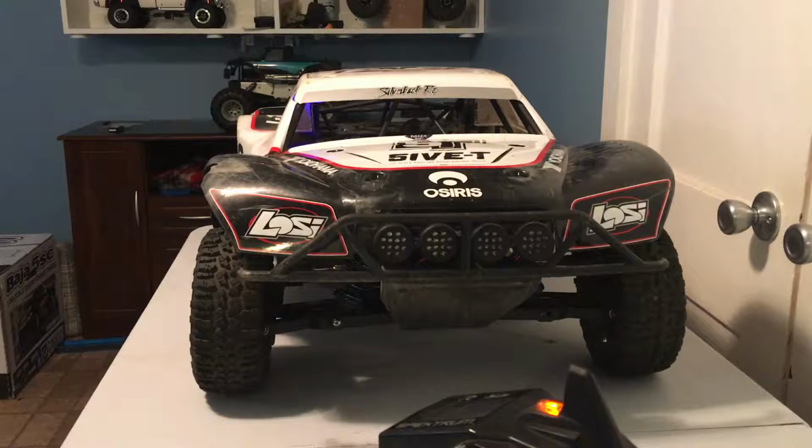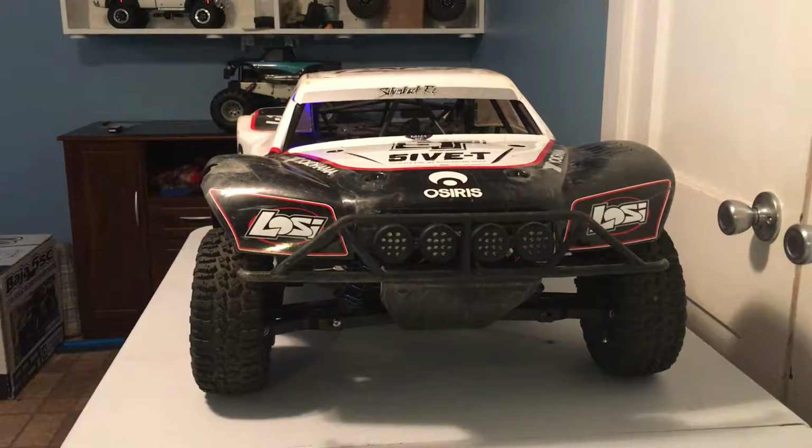Now, if you have a Spektrum DX3S that came with most of these trucks with the 3300T receiver, i.e. the original Losi XXL Nitro powered, obviously the 10T, and I'm honestly not too sure what other vehicles Losi put out with the 3300T as stock. I know there's a couple others, I just don't know off the top of my head. So, with that said, if you are using a Spektrum DX4S or a 4-channel pistol grip radio, here's what